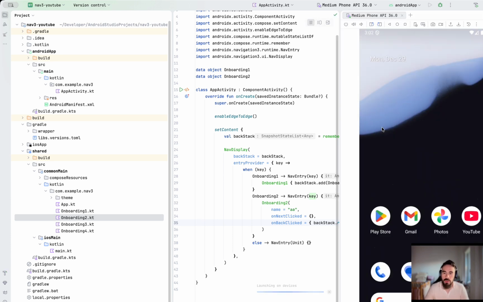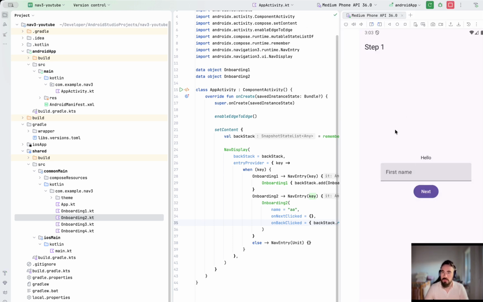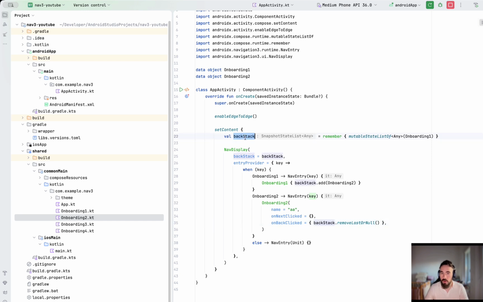And let's run and see. We have step 1, then we go to step 2, and then again we go back to step 1. Because it is very simple, we control our backstack and we can add to it or remove from it as we wish. Now that we have our basic thing set up, we can see that there are a lot of